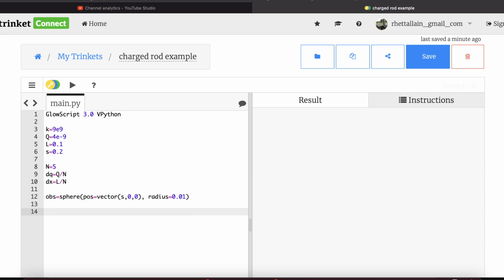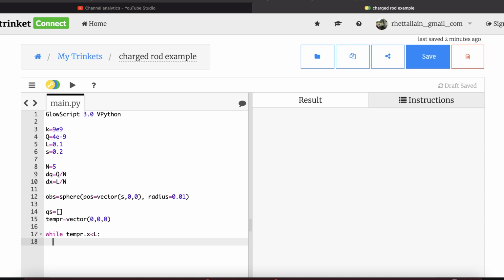Now I'm going to make my spheres. Let's say QS is my list of spheres, and it's empty. And I'm going to have a temporary location that I can move around. So let's say temp R equals vector 0, 0, 0. That's the end of the rod, the left end. I'm going to put that end at the origin. Now I'm going to say while temp R dot x is less than L, do the following. So this is going to go through different values of temp R and build a